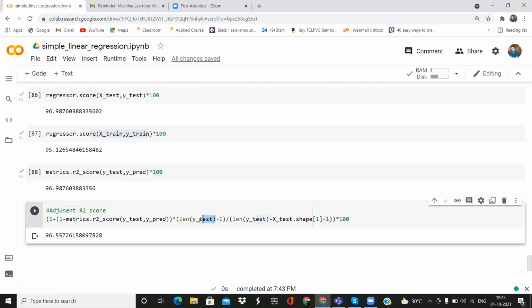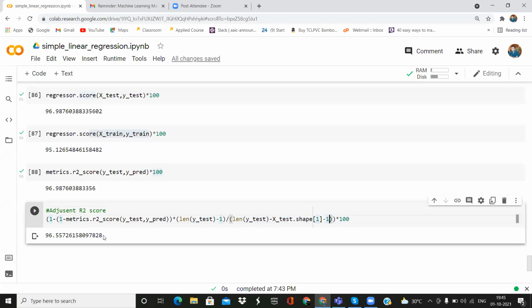Then we have n minus the number of variables, which is why we use the shape of x test, and then minus 1. This would give us 96.55.